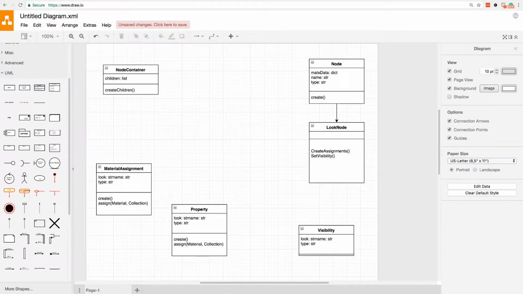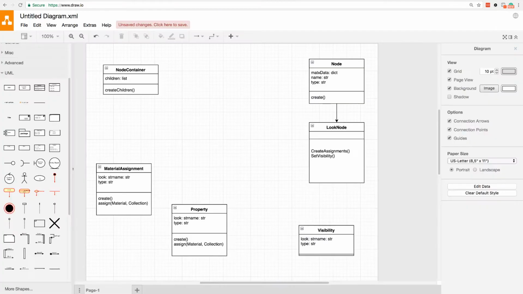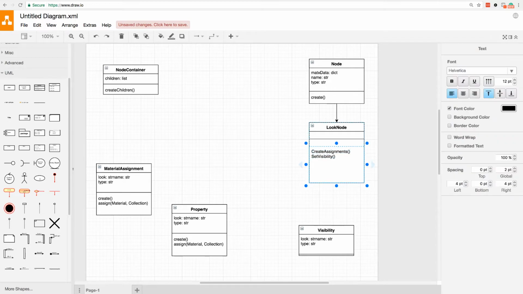Okay, so set visibility, and then another one is property set assignment. So we can consider that this is going to have set property. And once again, we're just spitballing right now, guys. We're trying to come up with the different classes that we're going to need. Chances are a lot of this is going to go out the window as we keep exploring, but that's the work, right? It's a lot faster and a lot more efficient to do this right now instead of trying to start coding right away and then realizing, oh, I made so many mistakes because I didn't consider things properly.